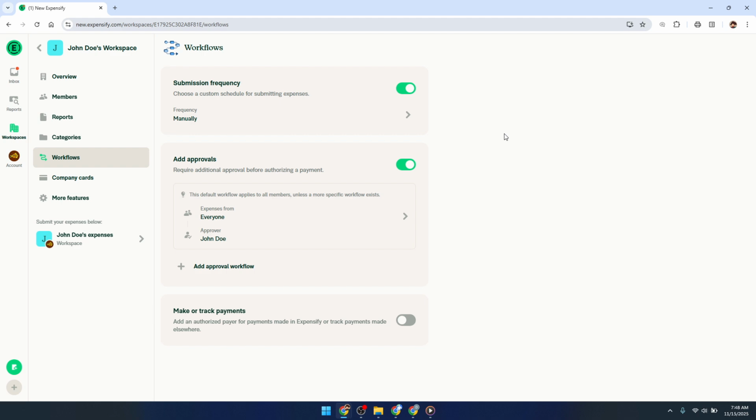After you've selected your workspace, the next step is to locate the option labeled Submission Frequency. This is where you have the power to set the intervals for how often your expense reports are automatically submitted. By default, this might be automated to submit at regular periods, but here's where you can make those all-important adjustments